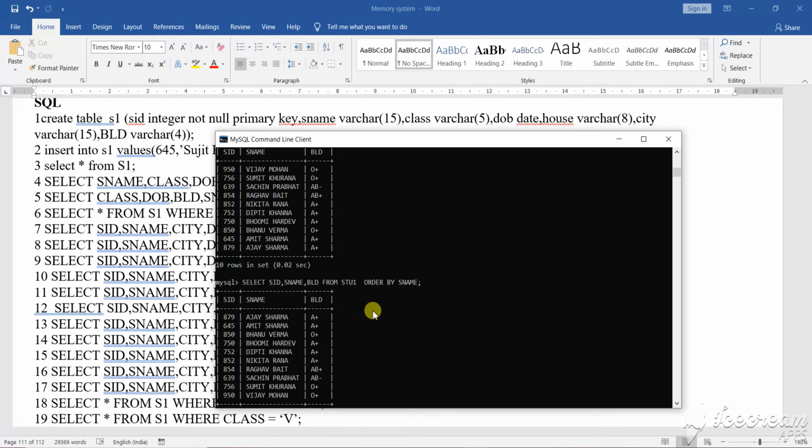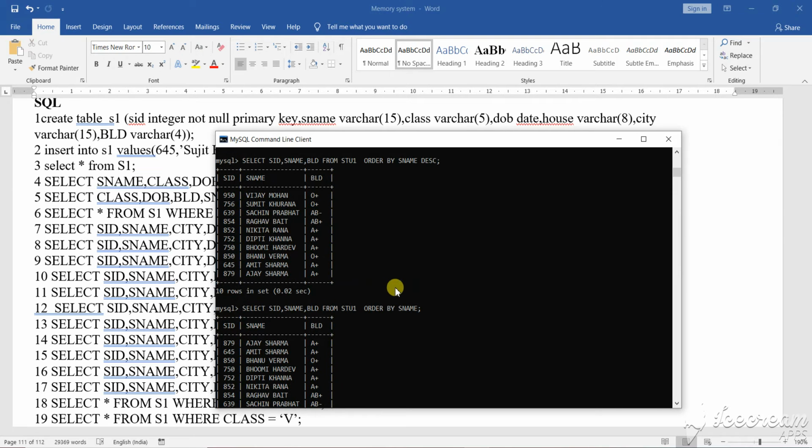So this is an order by clause. This clause is known as the order by clause. Order by what? Based on what you want to order, based on what you want to arrange them, alphabetical order. So based on the name you can arrange, or on city also, or on blood group also, anything, any criteria you can arrange them. So I have done it based on name. Clear? So based on name I have done it, and this one also on the basis of name.